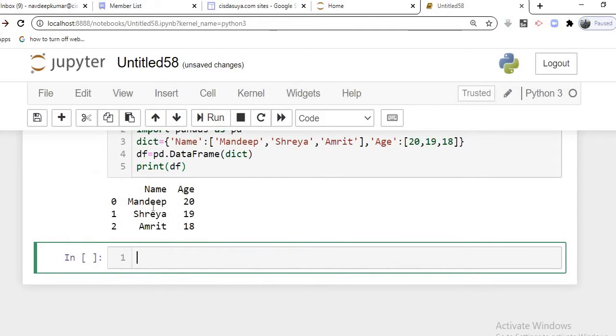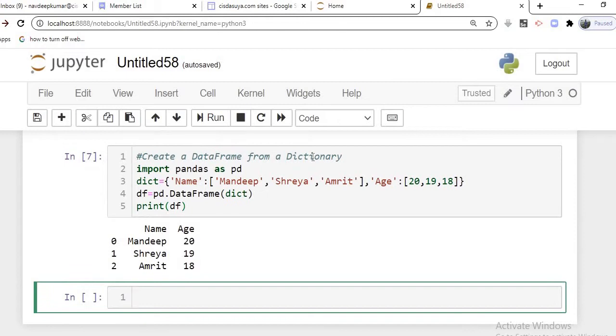Run this one, and you are seeing the same output, but now we have used a dictionary in place of a list. Clear? So the list is a part of the dictionary where the values are inputted in the form of a list, and the overall object we are using here is a dictionary. Clear? Name is acting as a key and the list is acting as values; here age is acting as a key and these values are acting as values.